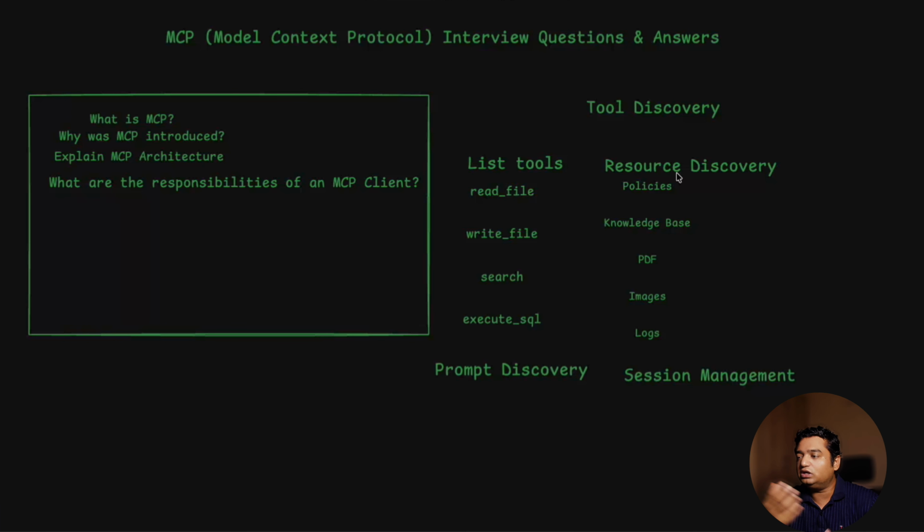When you get the answer from, for example, any of the databases, that can be clubbed with this dictionary knowledge and used as a final output. Or this dictionary can also be used for putting guardrails when the LLM has to answer after getting pointers from the MCP server. The other thing is prompt discovery. There are a few prompts we can directly save into the MCP client, like summarization or analysis prompts, or other frequently used prompts, that can be saved in a prompt dictionary, and that can be seen as prompt discovery.